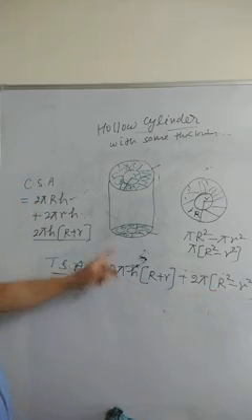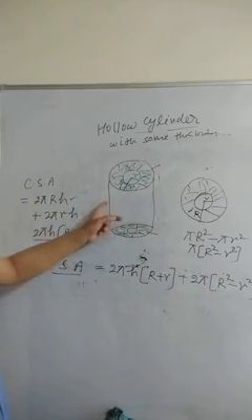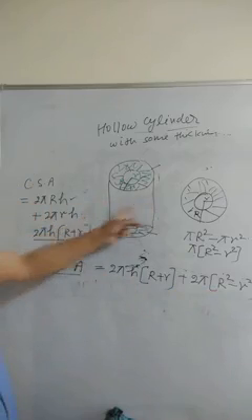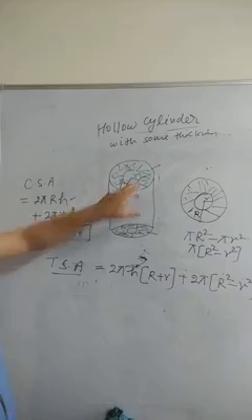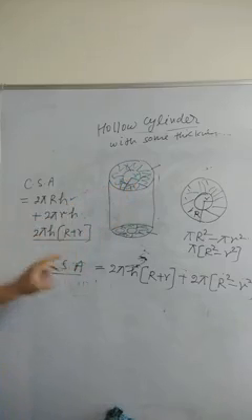So what you do? First find the curved surface area. Curved surface area will be the curved surface area of the outer cylinder plus curved surface area of the inner cylinder, right? So this is 2 pi Rh plus 2 pi small r into h, because small r is the radius of the inner circle, inner cylinder, right? So 2 pi h you can take common, so this will give you curved surface area.